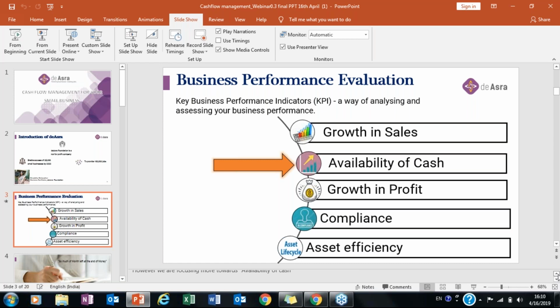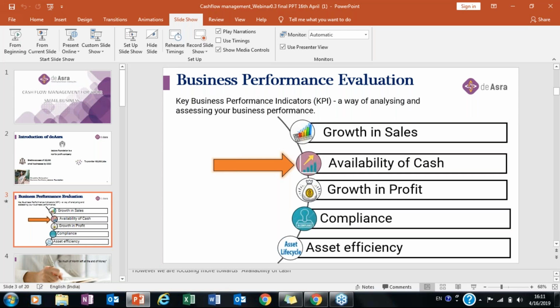Third is growth in profit. So growth in profit means if you're making a profit of a certain amount of money. Am I audible to everyone? Yeah. So basically, let's take an example. For example, last month we made a profit of around 1000 rupees on a sale of 500 rupees. And this month we are making a profit of 1500 rupees on a sale of 500 rupees. So in this, the profit is increasing, but the sales are not increasing. Growth in profit shows us that.